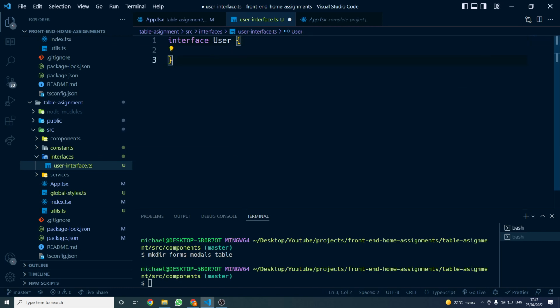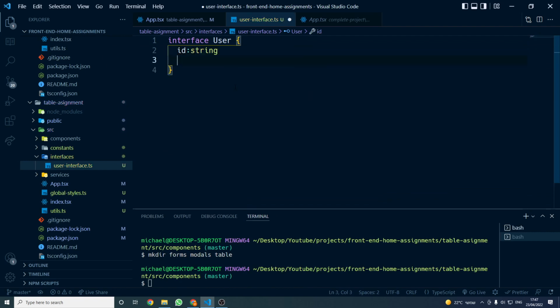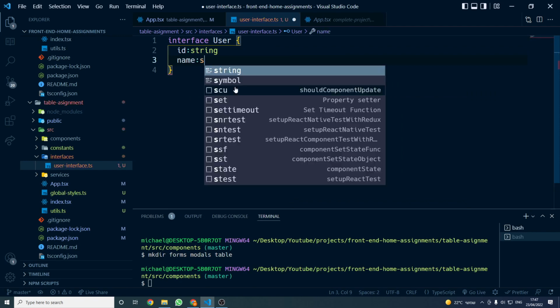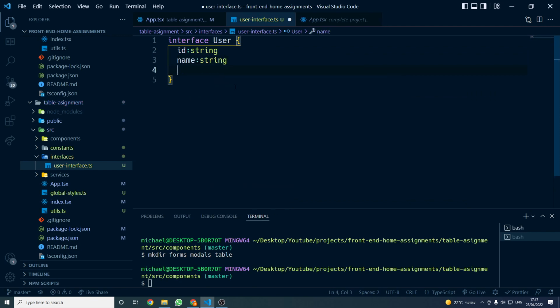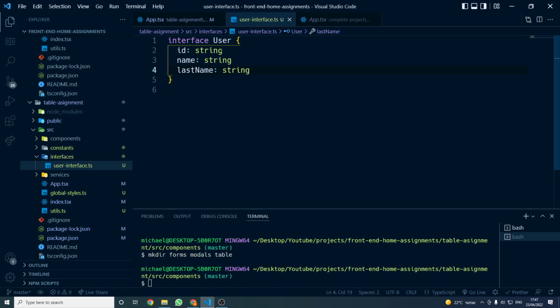We're just going to keep it clean and call it user, and the user interface is going to have ID, which is going to be string, name, which is also a string, and last name, which is also a string. Now I can export this